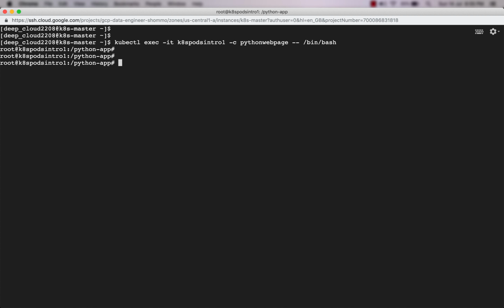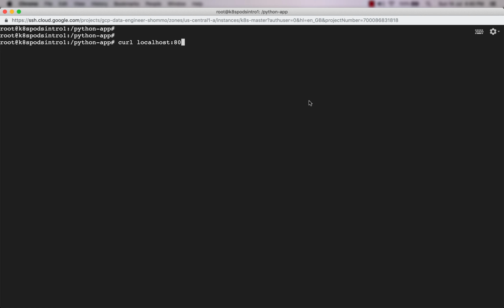So I'm inside of the pod. Let us go ahead and try to run the curl command. I don't think it will work because CentOS 7 does not contain curl in the container image, but you can change the Docker file to do so. So this is the curl command, localhost 80, and okay, it is not working. That is normal because it does not have curl.